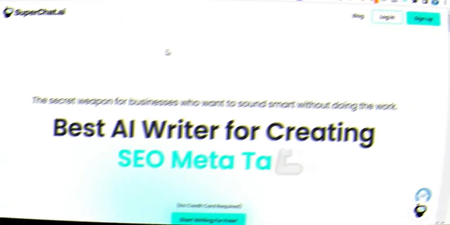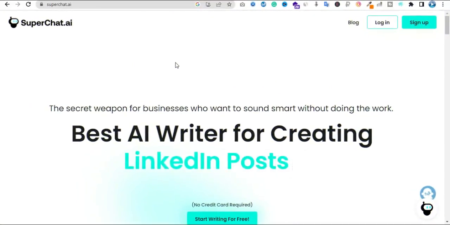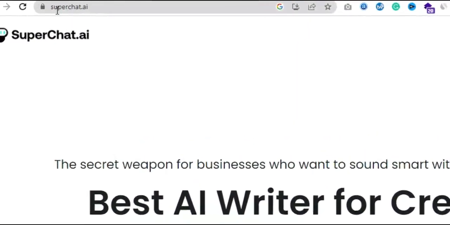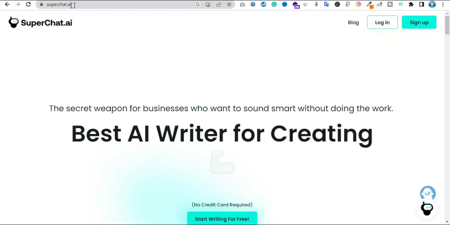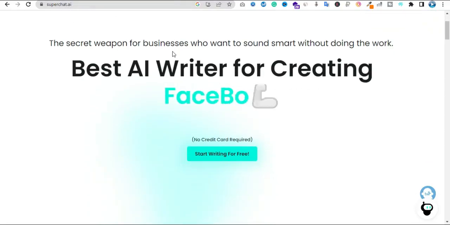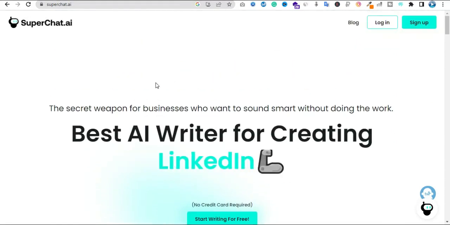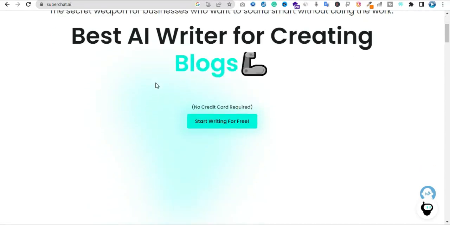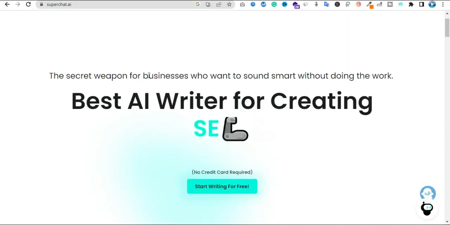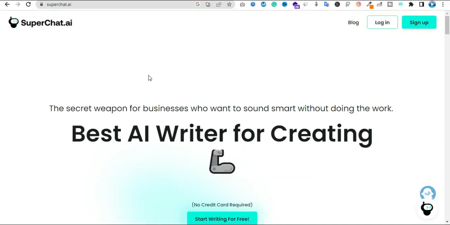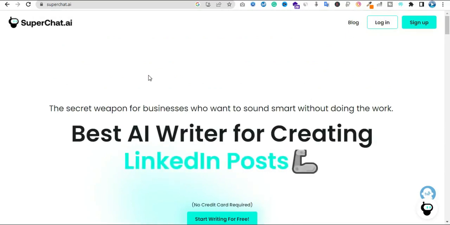There is a wonderful artificial intelligence tool called Super Chat that we are going to use today. It helps you create high quality content quickly and easily. Be it a marketer, blogger, content creator, or business account, Super Chat can help you save time and effort by automating the content creation process.